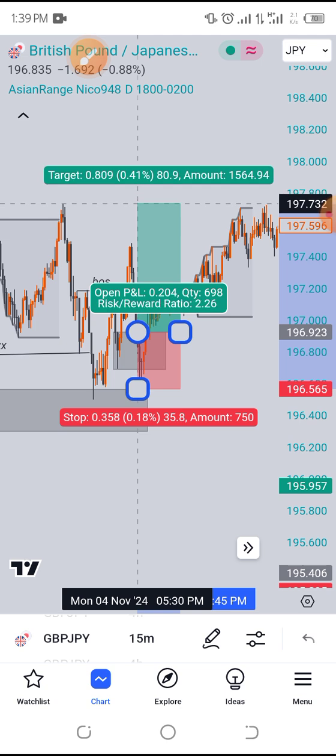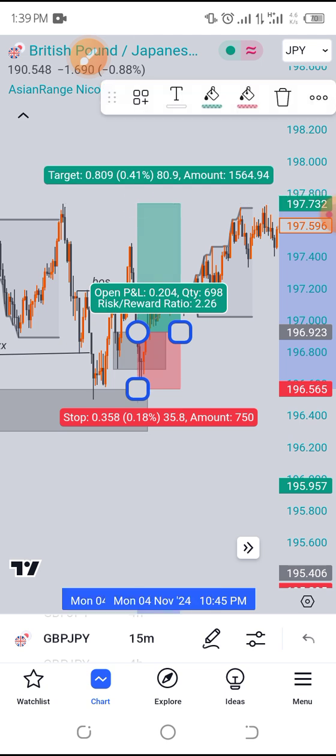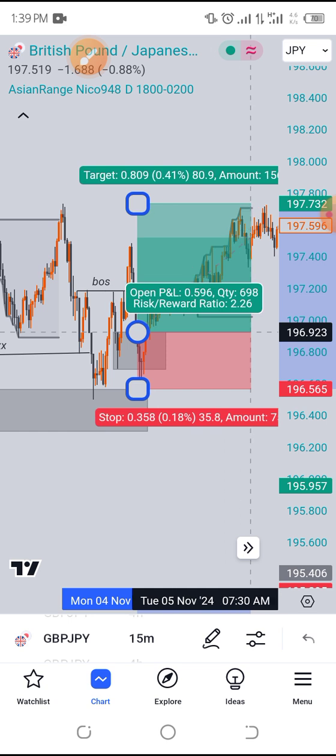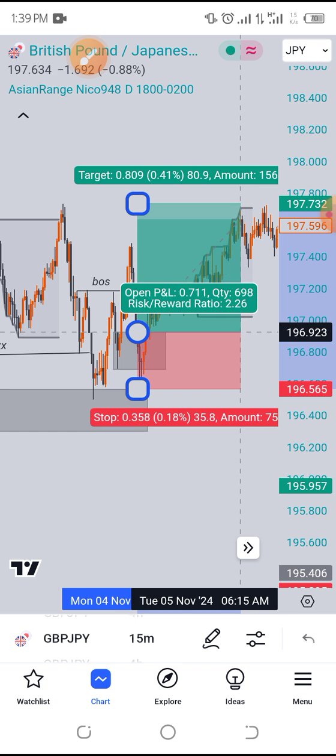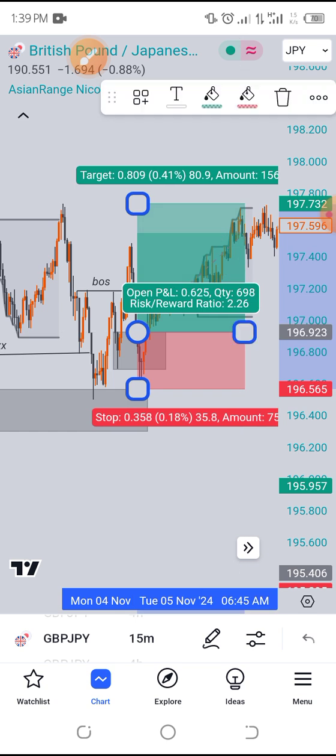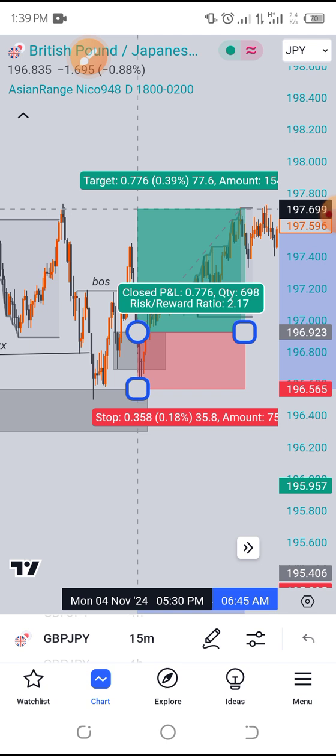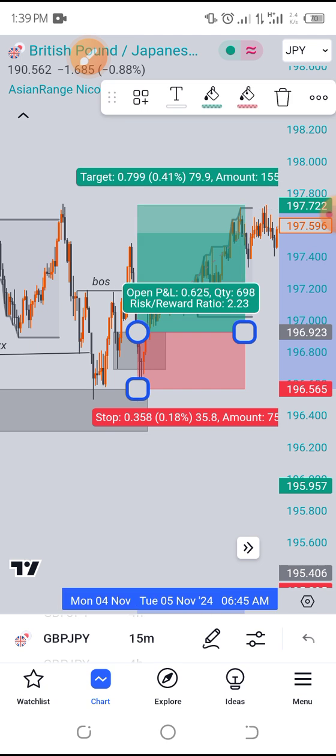I'll be targeting the most recent high, which is here. Take a good look at what happened, guys. Price went straight up to our level. Can you see? Targeting